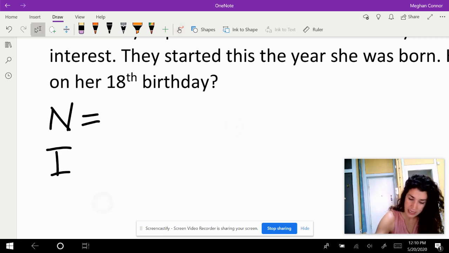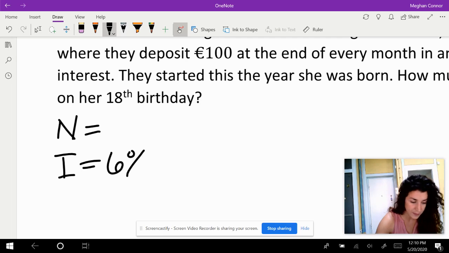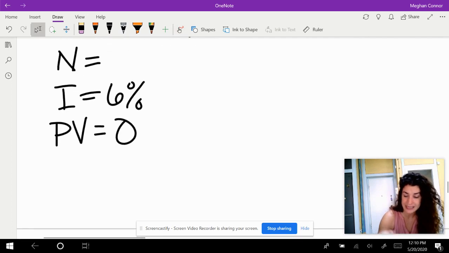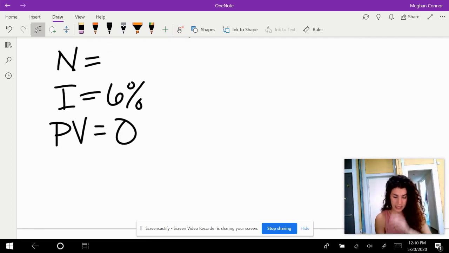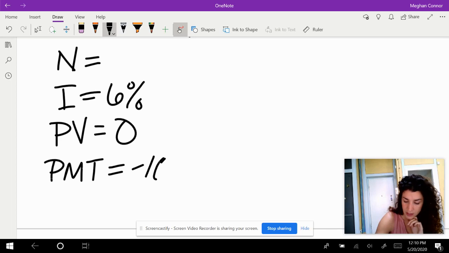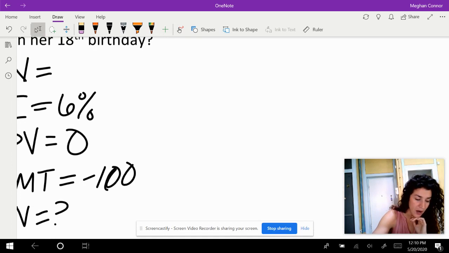I is your interest rate, and that is 6%. We are staying consistent with that. Present value is your initial value that was in the account, and starting the account, there was no money in the account. And then your payments are going to be 100 every month. Future value, we don't know what that is. And then PPY and CPY,